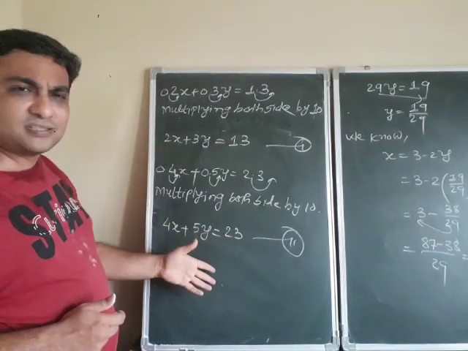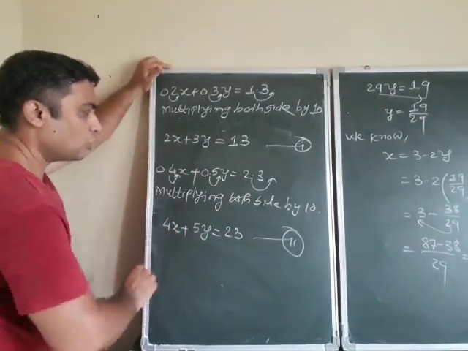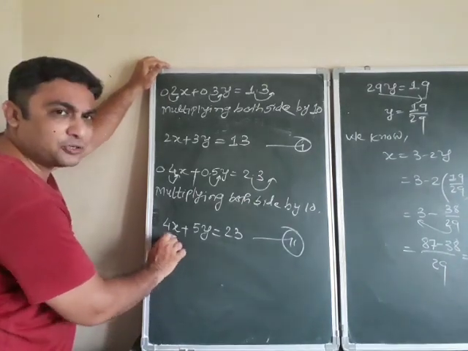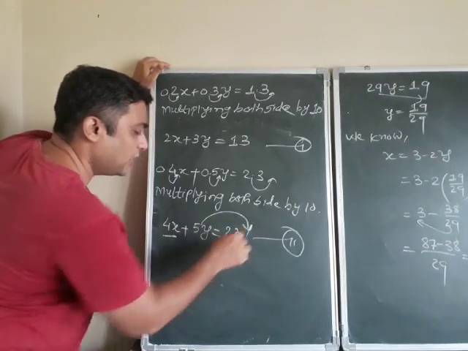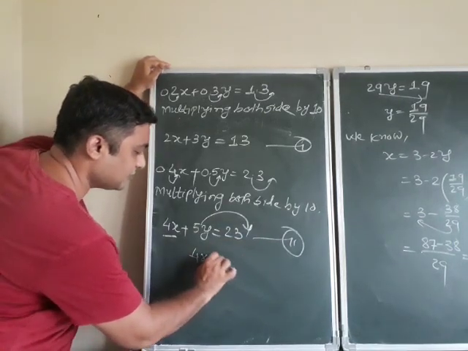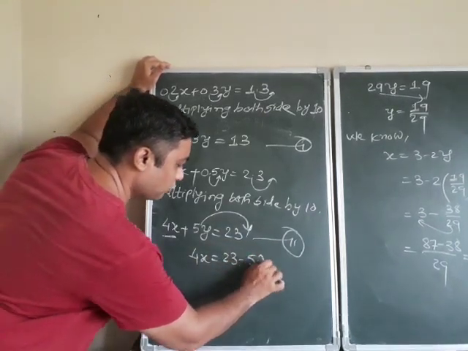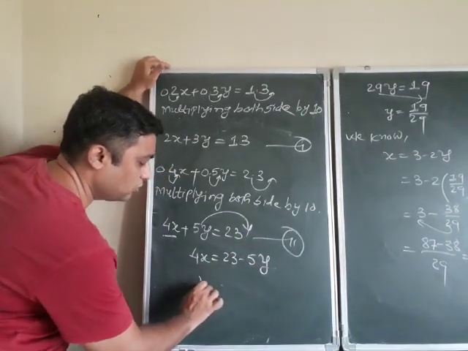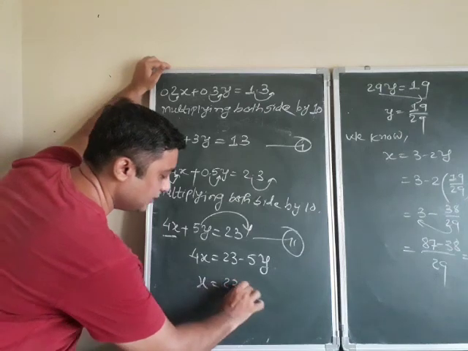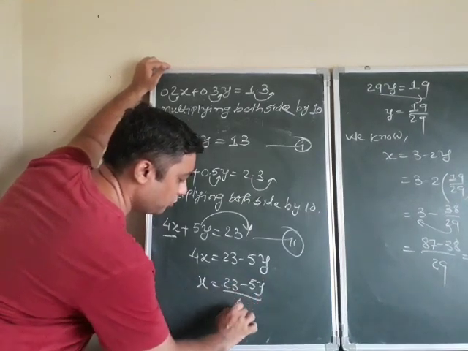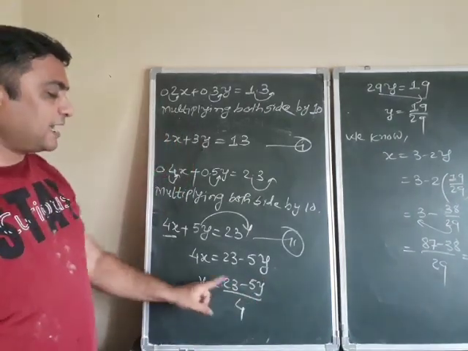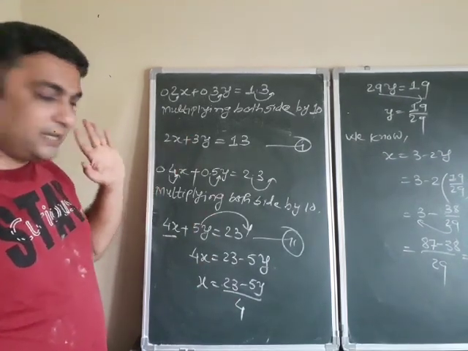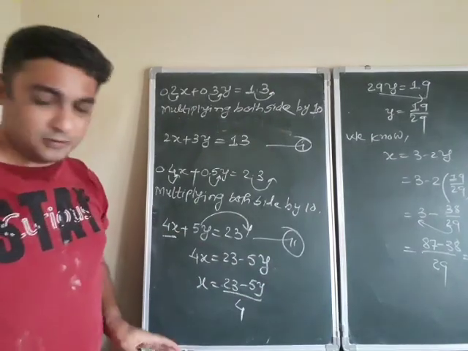I don't want to write this repeatedly. So see here और कोई भी सब्स्टिट्यूट करो x फॉर y और y फॉर x. Here I decided that I substitute x for y. So plus 5y on this side. So 4x is equal to 23 minus 5y. चलिए रेडी, divide this equation by 4. So x is equal to 23 minus 5y upon 4. Fine. So I substitute x for y and these values I substitute in equation number 1. Okay. So see what happens. See on that board.